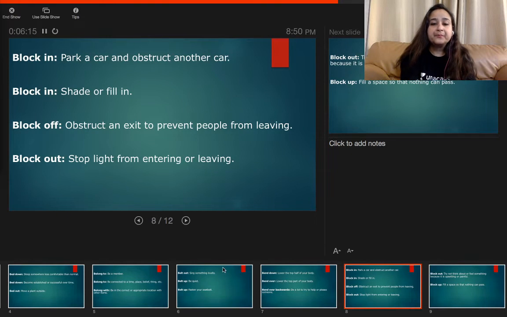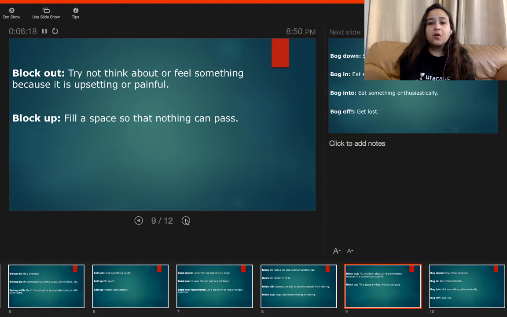Okay. Then block out is also when you're trying to block out your emotions, your feelings. You block out a person, you block out a memory. Something bad had happened and you just don't want to remember, so you say just block it out. Just block out that feeling, just block that memory out of your mind. Just don't think about it. So when you are blocking out a memory and not thinking about it, or not allowing it to affect you, then you block out a person, a memory, a feeling, etc.